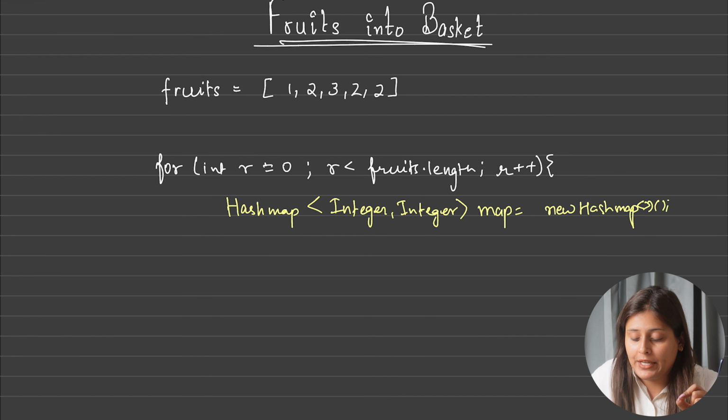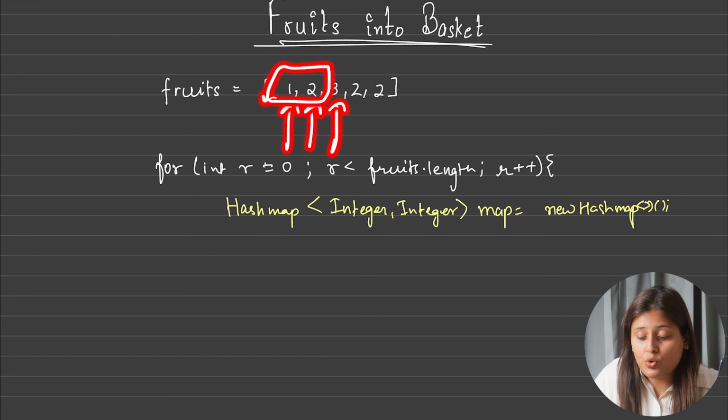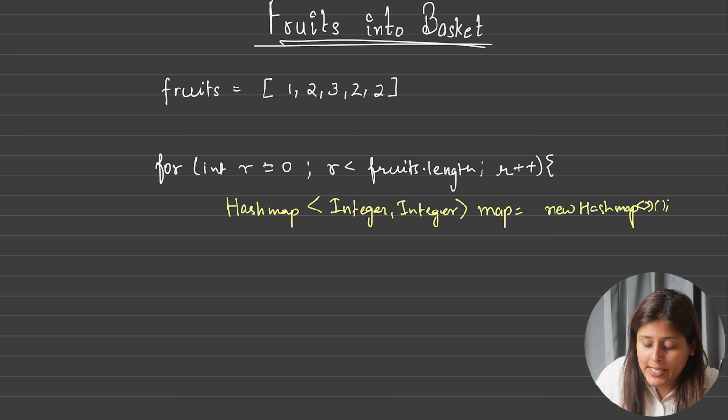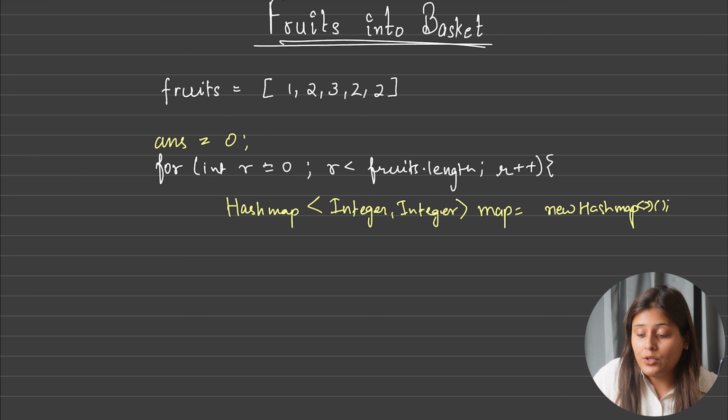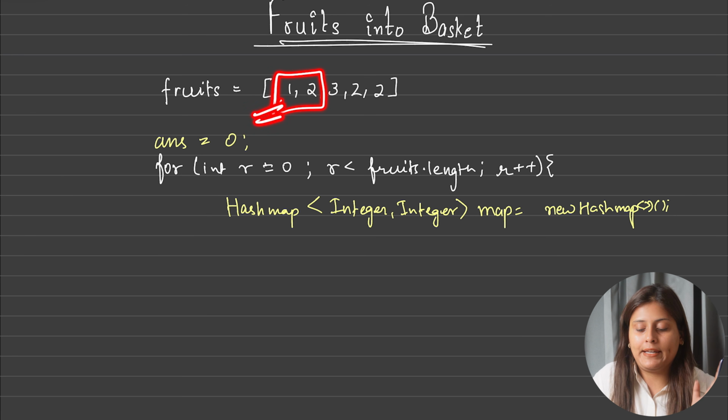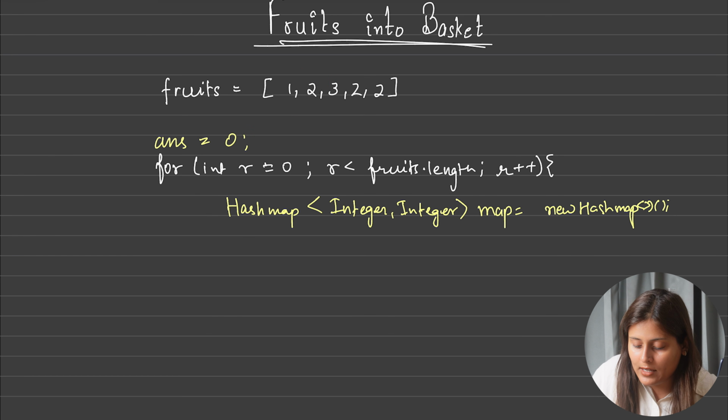Now I want one more thing. For every window or every subarray, I want the maximum length till now, correct? So to store the maximum answer, I can initialize an answer variable here with 0, and whatever maximum length we get, we will update it here. And one more thing I want is to calculate the length till now, correct? Let's take a count variable also, int count = 0.